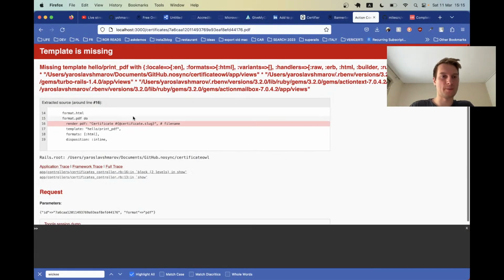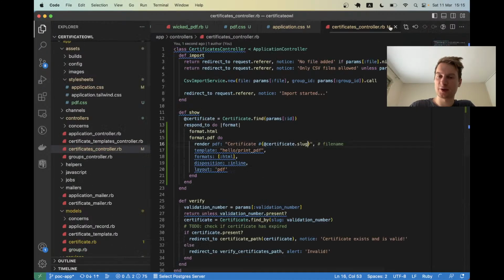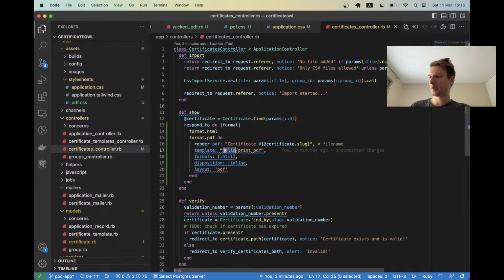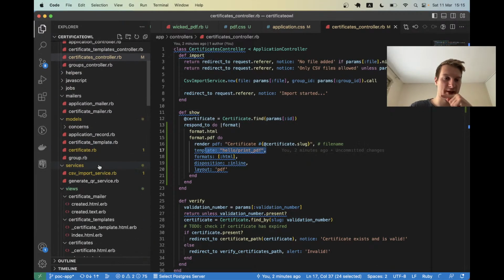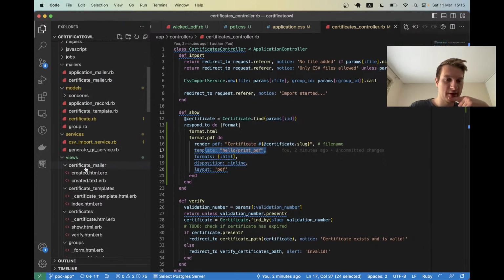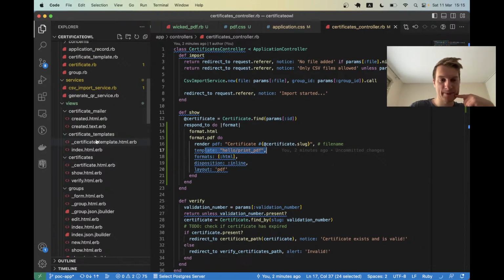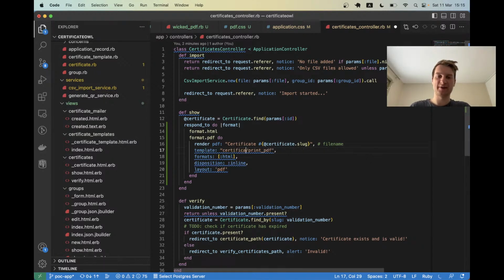So I wanted to have a certificate template. And what is the template going to be? The template is going to be the certificate template. This is the key thing here. Where do we have it? Our views, certificate templates, and the template path is going to be certificate templates slash